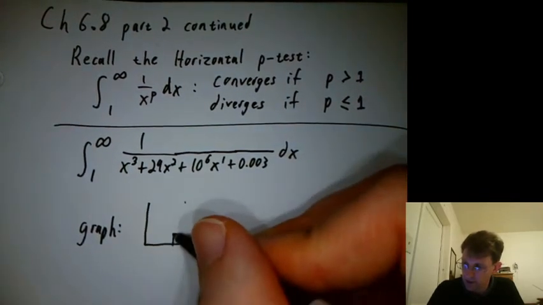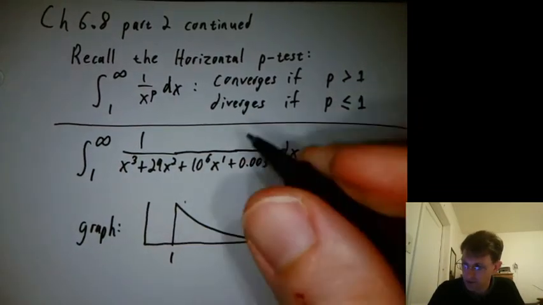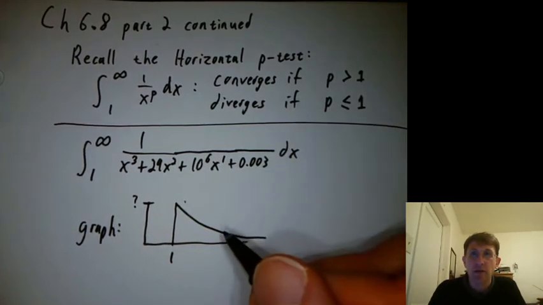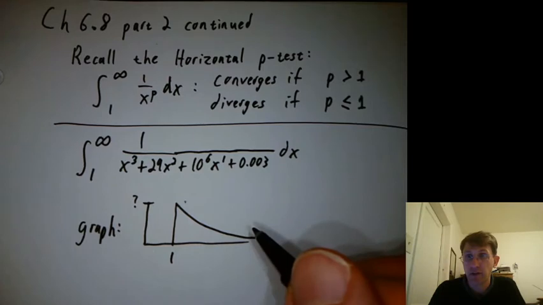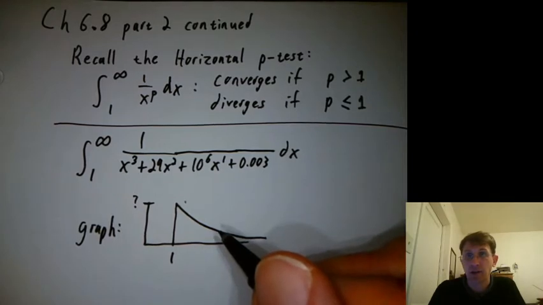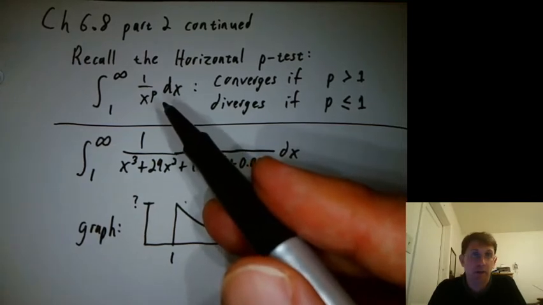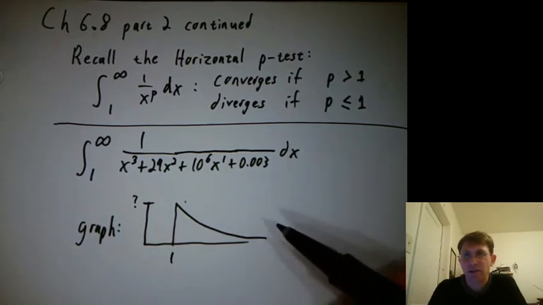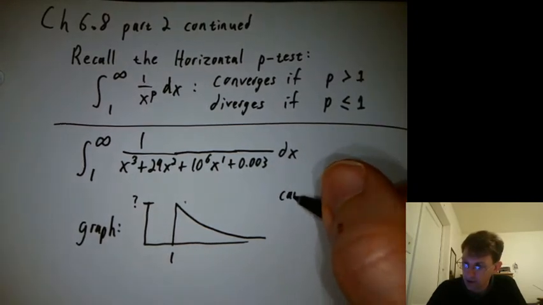It looks like basically all the other things we've ever graphed for the horizontal p-test. So we're starting here at 1. This value doesn't really matter. We won't worry about it. So the question is, does this go to 0 fast enough for the overall area under the curve to be finite? And the answer is you can basically never tell by eye just by graphing it. You could not tell the difference between 1 over x to the 0.9 and 1 over x to the 1.1 by eye. Nobody could. And so while graphing it is okay, they pretty much all look like this, and it doesn't really let us know whether the overall integral is finite or infinite. So we'll say we can't tell by eye